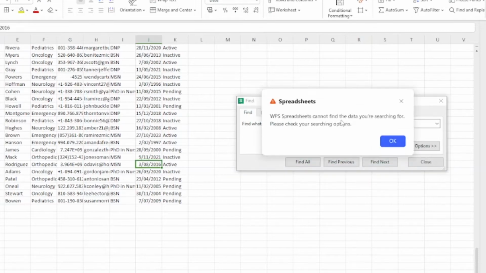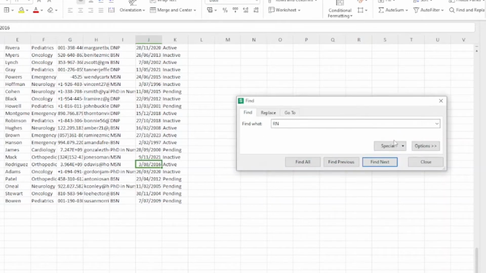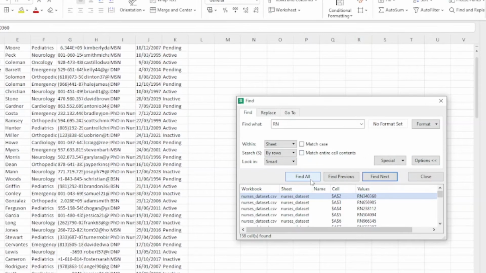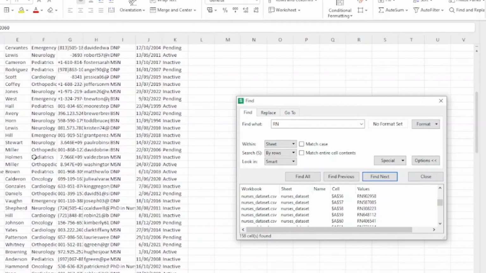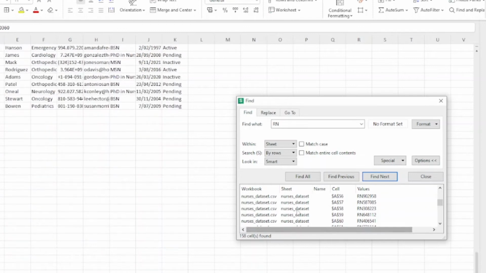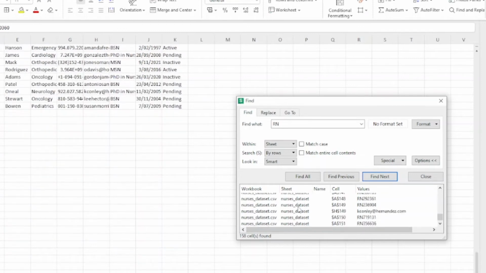If we get 50, then we know it's good. Find all. Please check. Why is it saying that? Options? Oh no, not match entire cell. Okay. Find all. Oh yeah, I do have not 50, but I have 151 and it found 158. So you see, that has an RN in it